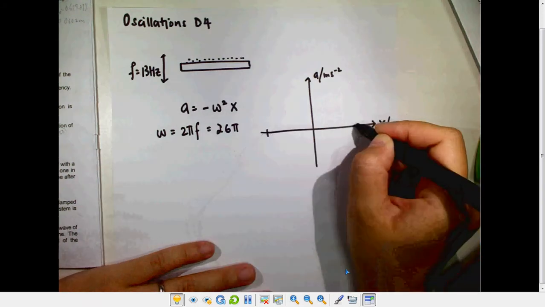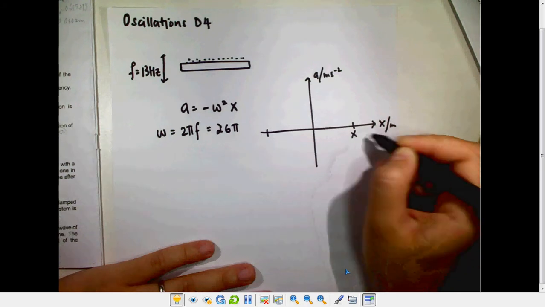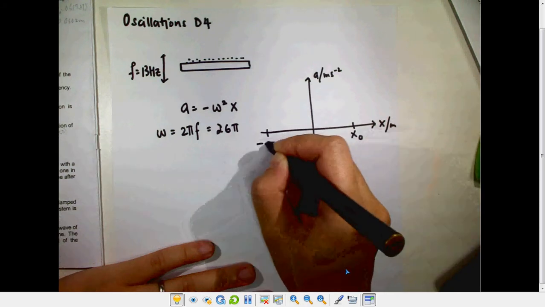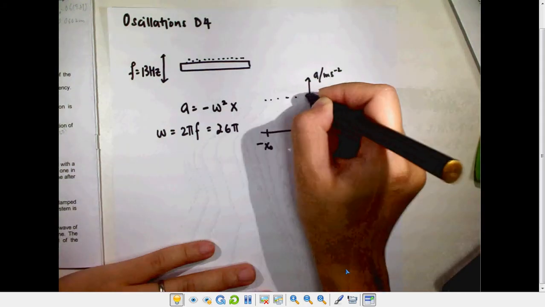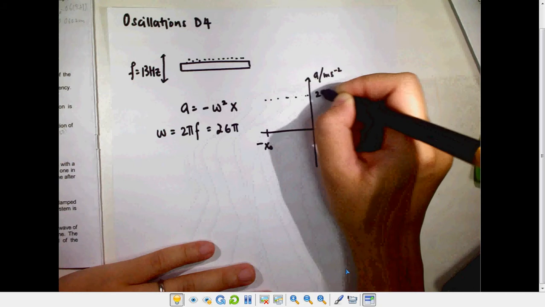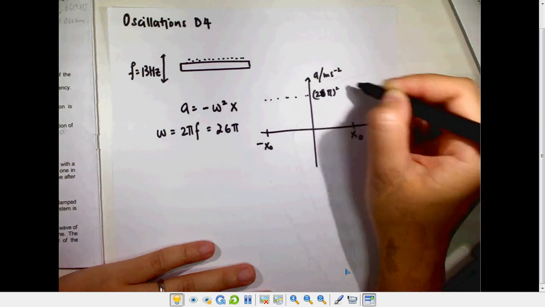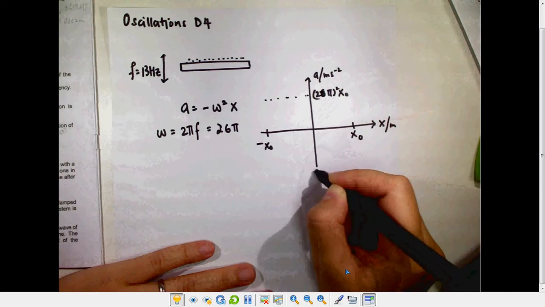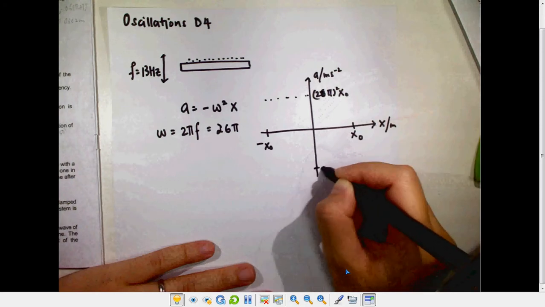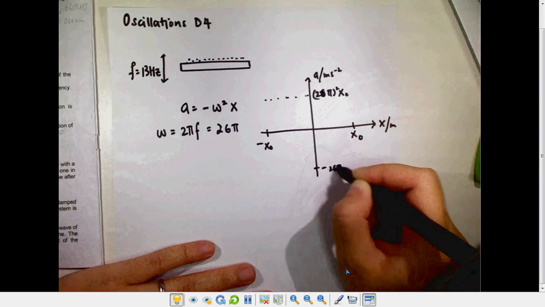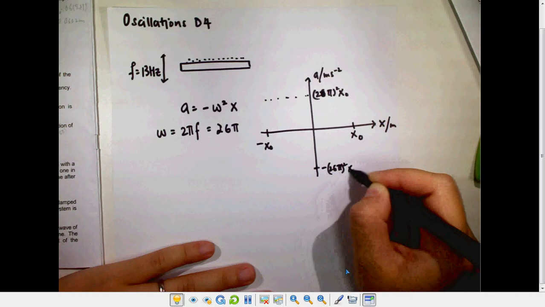The largest amplitude that you can have is x naught and negative x naught. So we have here 26 pi squared x naught and negative 26 pi squared x naught,